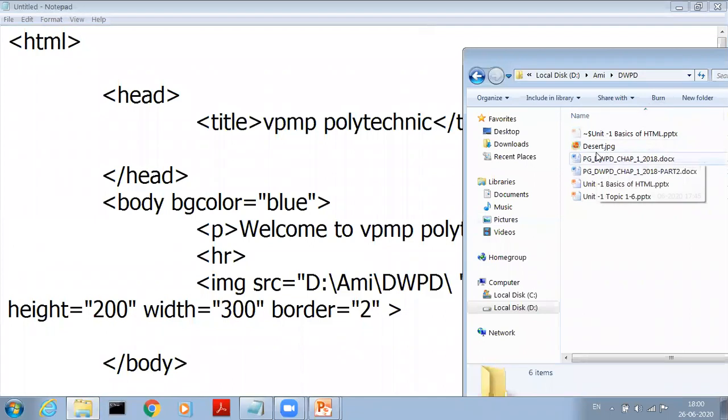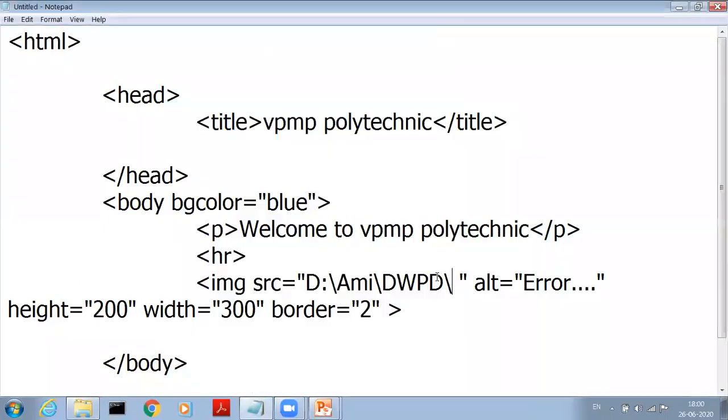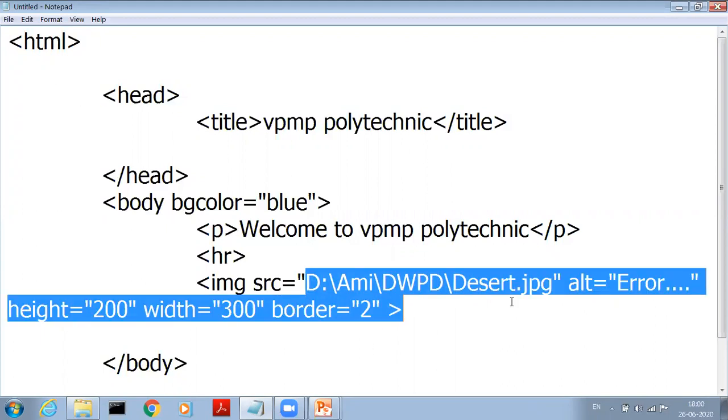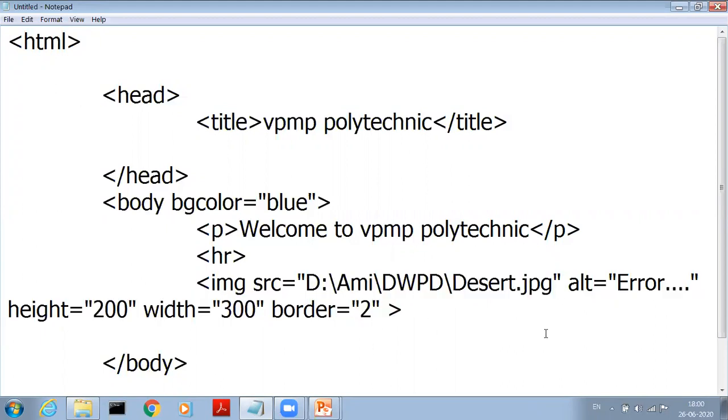The name of the image is desert and the extension is JPG. So I have to write here desert.jpg. Clear? So this is the whole path of our image.